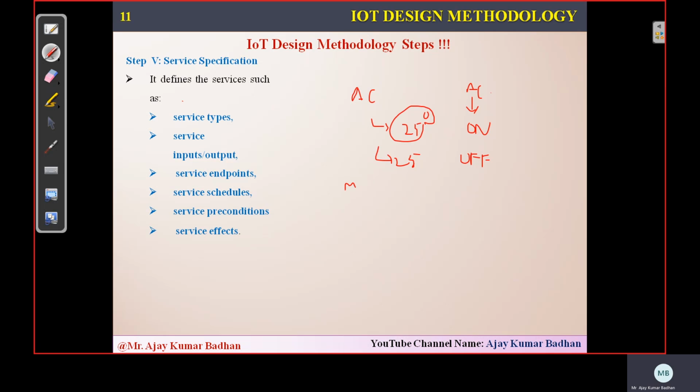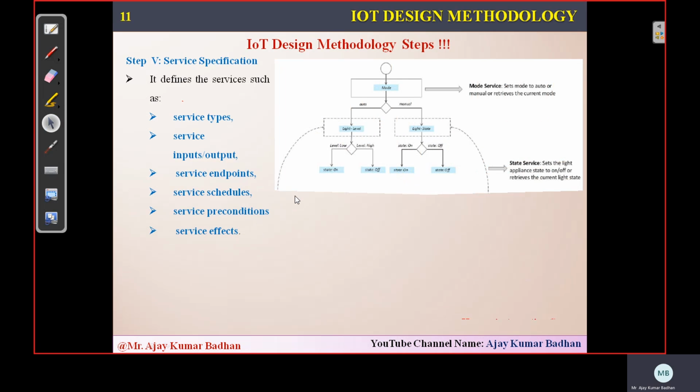Same way for your microwave oven, you do some preconditioning, heating, right? You set the temperature to 360, meaning within the microwave you are setting a temperature of around 360 degrees centigrade. And after that, you place something in order to cook it. That is what we call a precondition. So those services are also provided here. And because of the service, what are the effects that we can see?